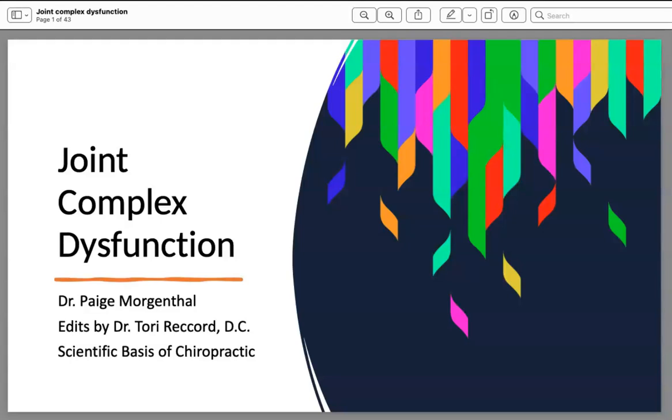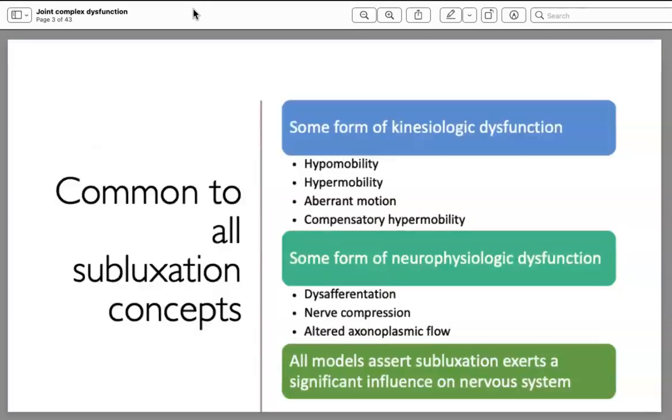We're going to get a little bit into more detail in regards to joint complex dysfunction. So I'm going to skip that first slide because we're saying the same exact thing. We're going to get into this concept of the things that are common to all subluxation concepts. I'm sure some of you may already be here. You might live and die by the term subluxation, or you might use something more like a joint restriction type